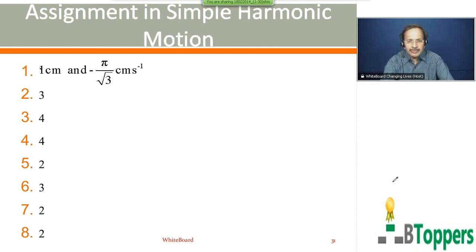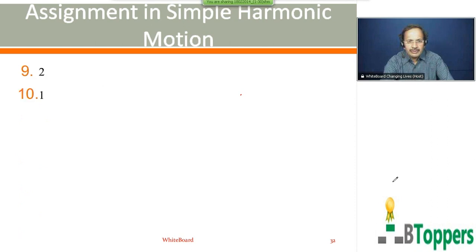Next I am going to show the answers for question 9 onwards. For question number 9, second option is answer. For question number 10, first option is answer. For the next 3 questions, 11, 12 and 13, second option is answer. For question number 14, third option is answer. For the next two questions, 15 and 16, second option is answer. If you want to copy the answers, you can take a pause and copy the answers.